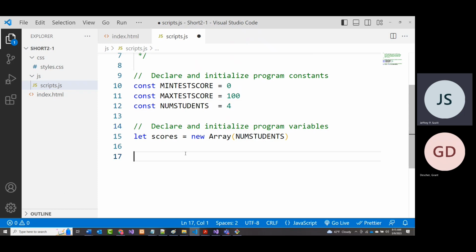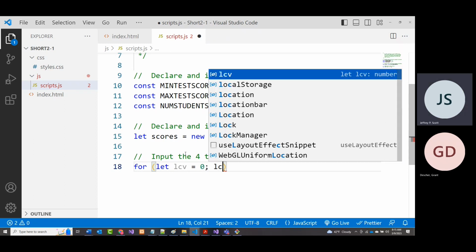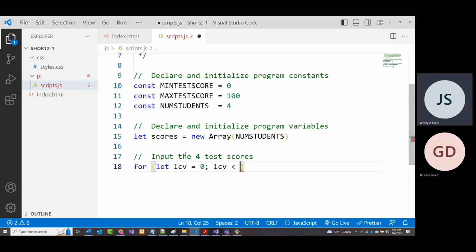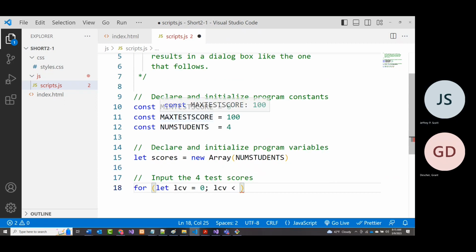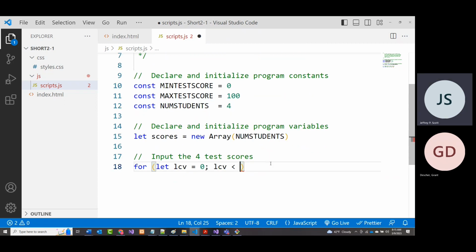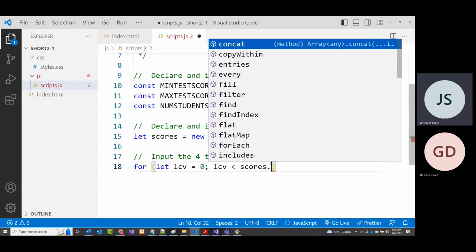Okay. So let's come in here and just input the 4 test scores. All right. So we'll come in and say for let LCV equals 0, LCV less than the name of our array. All right. Did we make an array? Let scores equal, yeah, it's scores. Less than scores dot length